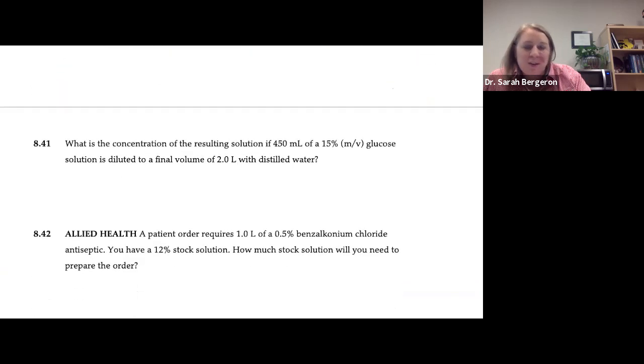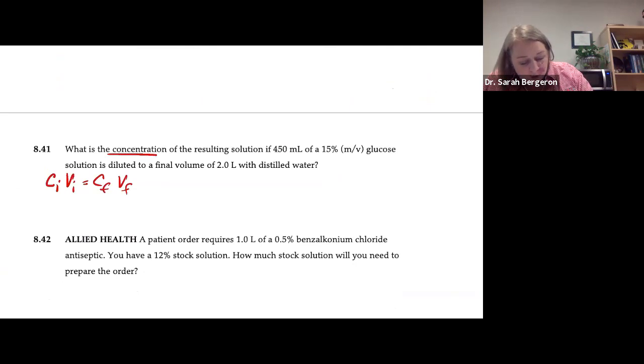So always go get your formula. It's not a big deal. Go get it off the equation sheet, okay? So put your formula, C initial, V initial, C final, V final. So concentration initial times volume initial equals concentration final times volume final. So what is the concentration of the resulting solution? Okay, so this is telling me that I don't know my concentration of the resulting solution, so that's my final. If we have 450 milliliters of our 15% glucose, so this is my volume initial and my concentration initial,